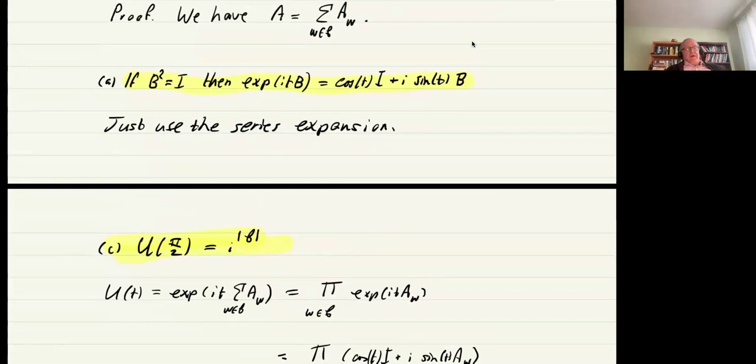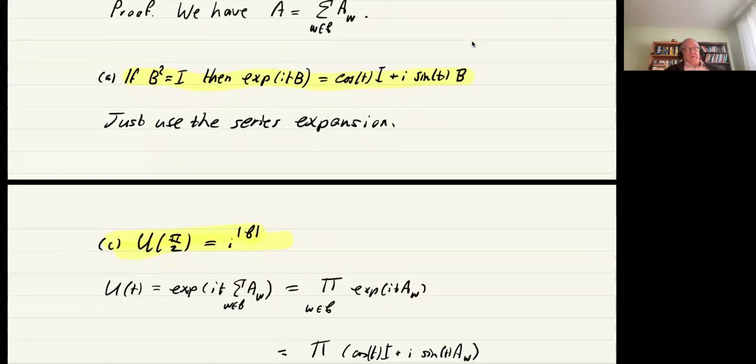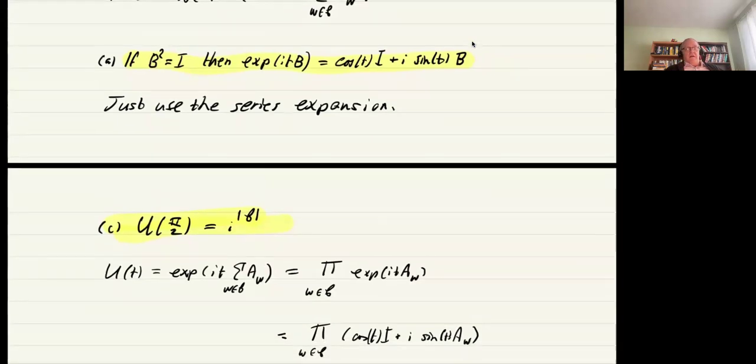And the exponential of AW is just a product of the exponentials of the AWs. And so it's just a product of the things that form, I sine pi on 2 times AW. And so you deduce that... I'm not doing very well here today. That would be better. So at time pi on 2, the transition matrix is equal to